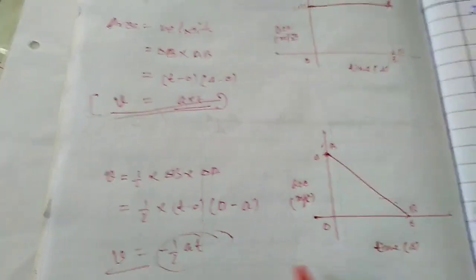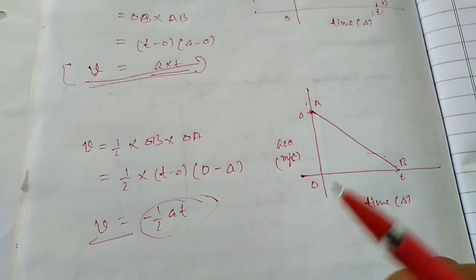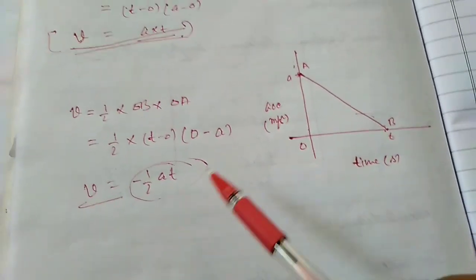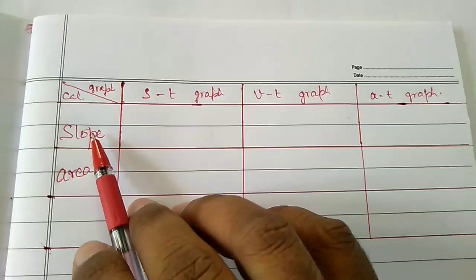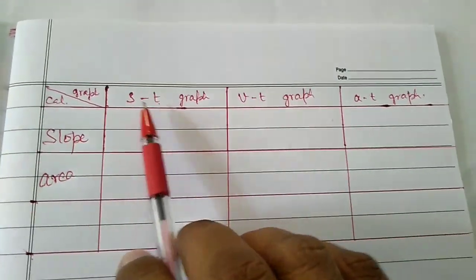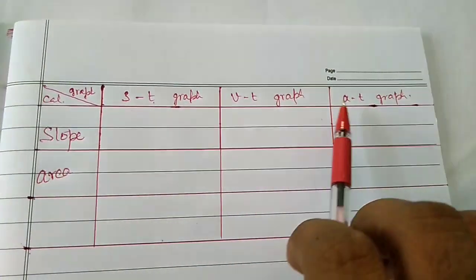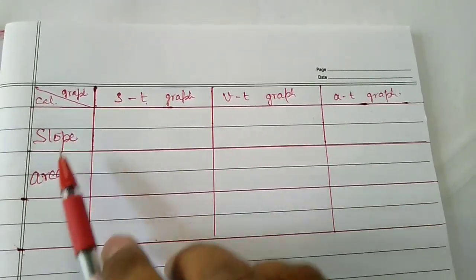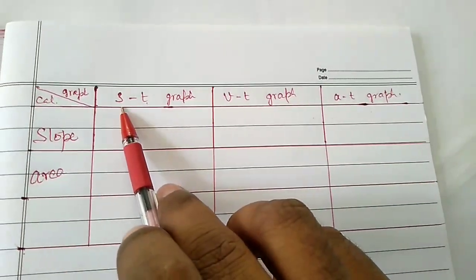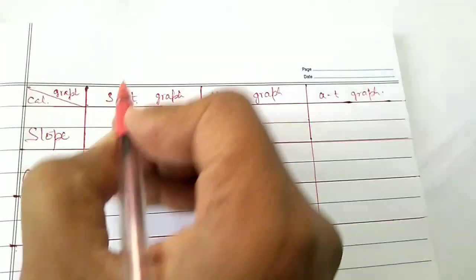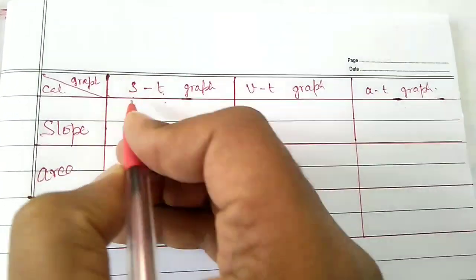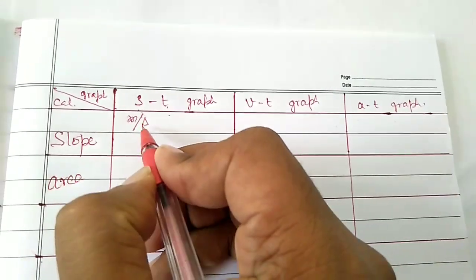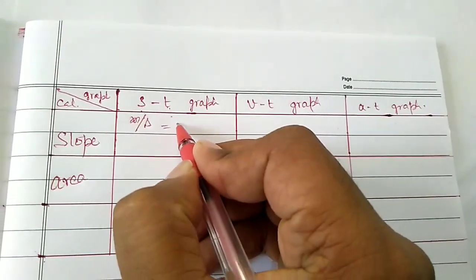So here we are coming to our conclusion about the displacement time, velocity time, and the acceleration time graphs. Which physical quantity will be obtained on which graph? So let's see. I have made categories: ST means displacement time graph, velocity time graph, and acceleration time graph, categorized in two parts. We are going to calculate the slope and area. So in ST graph, on calculating slope, this is on y-axis, this is on x-axis, displacement has unit meter and time has unit second. So meter per second becomes what? Velocity.